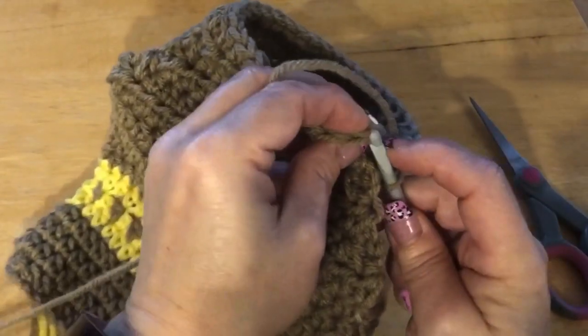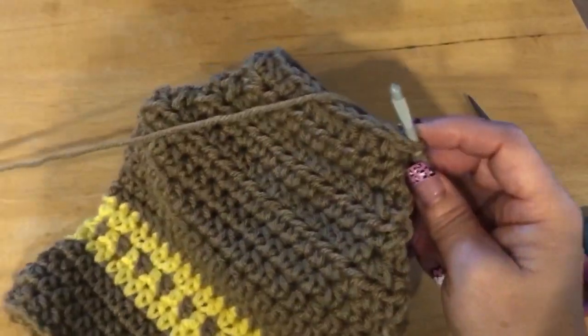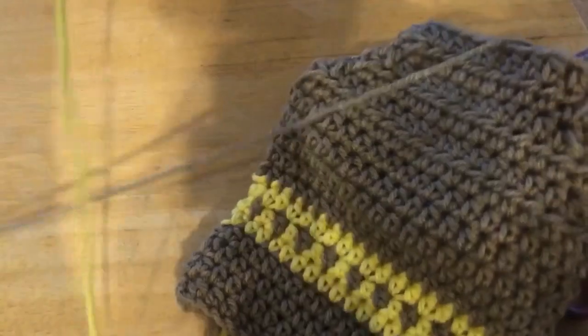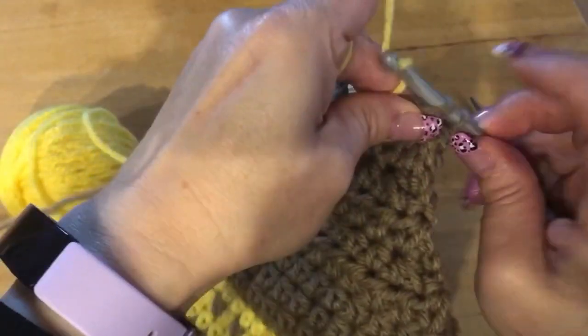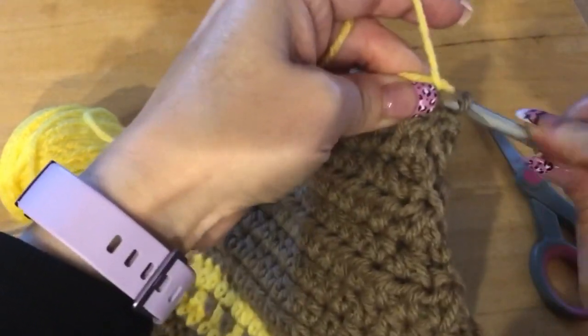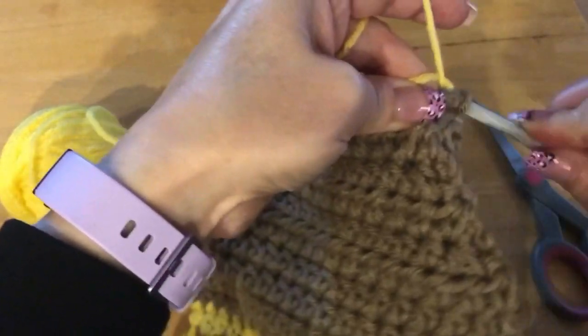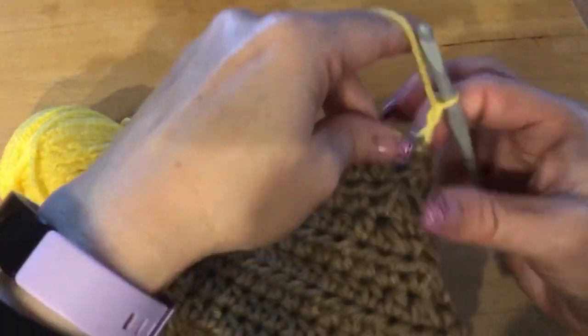in the second chain from hook. Now I'm switching to yellow, because that's my second color. So I'm actually doing the slip stitch with the yellow. Do not cut your brown. We're just gonna bring it up the back. We're gonna chain up 2 with the yellow,